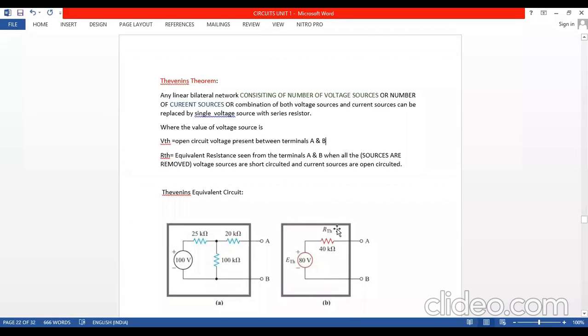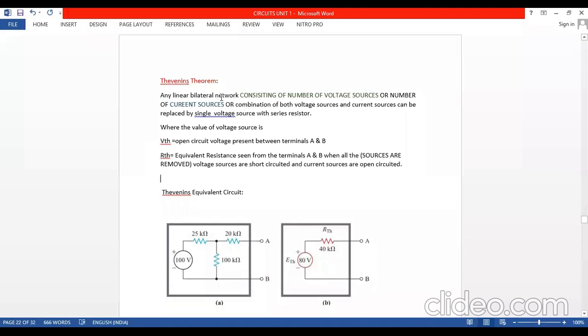Any circuit is converted to a simple circuit. What is that simple circuit? It contains Thevenin's voltage and Thevenin's resistance. Is it okay, all of you? We have to convert in this manner. So what is our first step, all the students? VTH we have calculated. Now any one student, slowly you read. Raise your hand and you start reading. RTH means what? Anyone tell me?